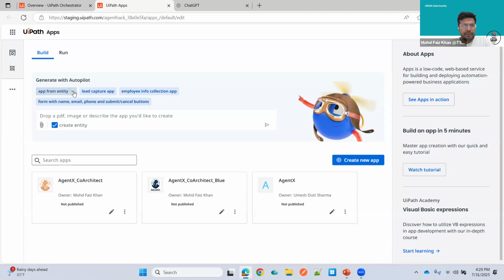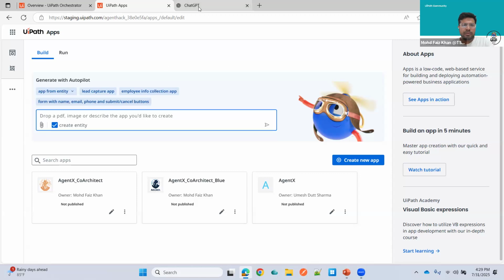It can be apps from entity, lead capture apps, employee info collections. So once I hit this, it will automatically create an app for these. And if I want to upload any wireframe, we can also upload it. But today we are just focusing on the prompt, so we will pass the prompt.